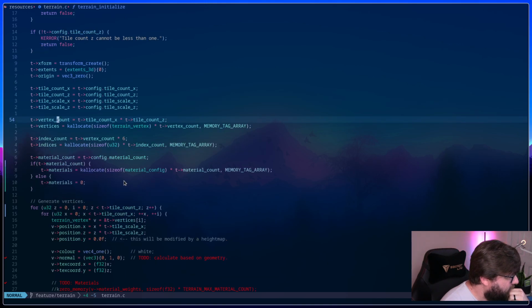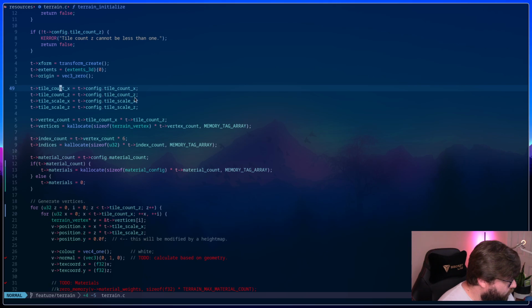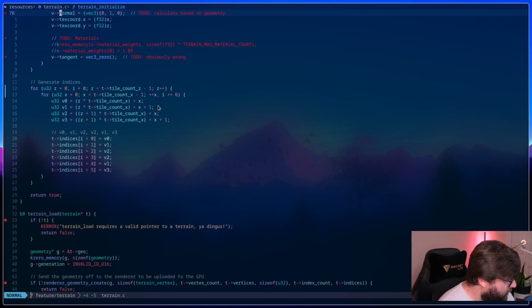Vertex count is tile count X, tile count Z. What am I missing here?